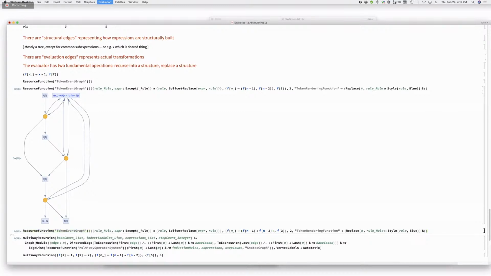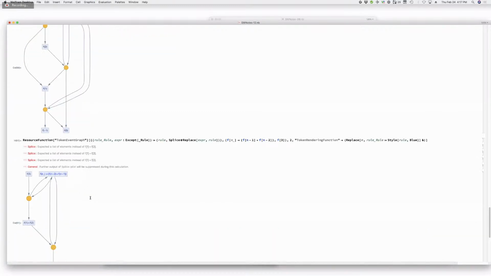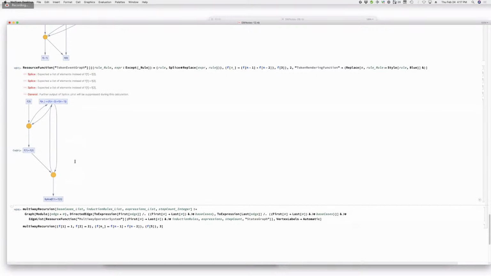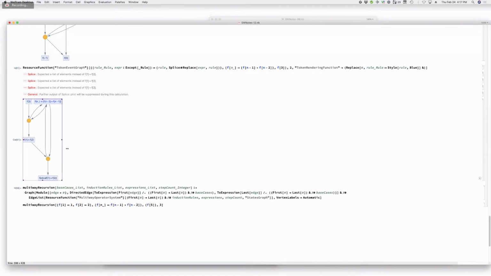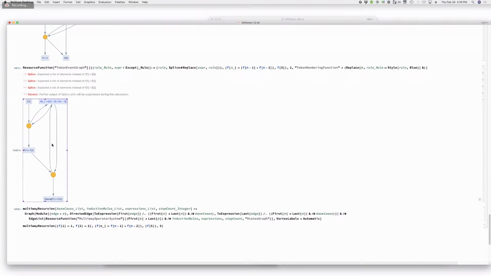And then it probably won't do anything very exciting. It'll just show, okay, it's got some weirdness in there, but basically that's showing this phenomenon, right? Yep. That's just showing f of 3 goes to this. And then what's the other arrow going from the disk back to the rule? I don't know. Trying to reproduce it. It's also an output. Because a token event graph by default removes the token that comes into the event. And in order to keep it alive, so to speak, you have to reproduce it.